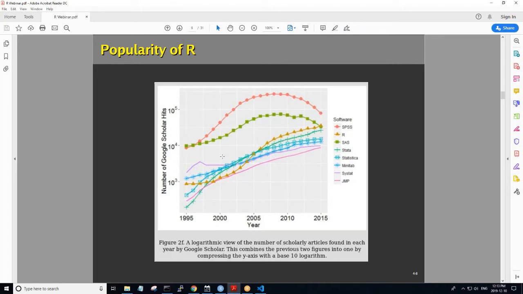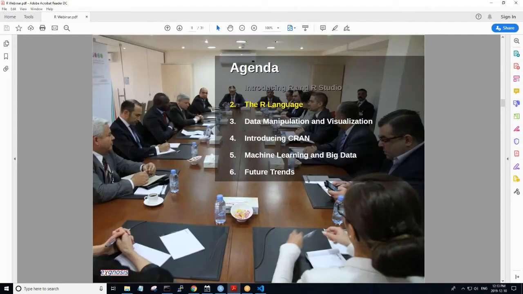And this is in terms of the number of scholarly articles. One of the reasons those scholarly articles are citing R is, again, the ability to share reproducible results, which is quite important when we're proposing various kinds of statistical analysis and modeling.